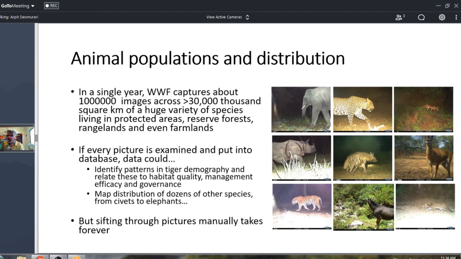This data, you know, in the news, there are 3,000 tigers or 2,798 tigers, and how many leopards. Those figures actually come from this exercise, which are fed into a different model called occupancy, capture, recapture. These are totally different conservation biology topics. Then it gives you a population estimation that Ranthambore has 326 tigers, plus minus 7. To reach that kind of assessment, you need to have the images of animals captured.